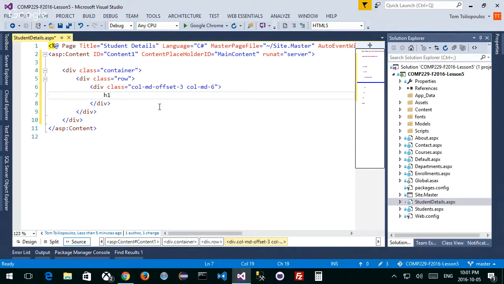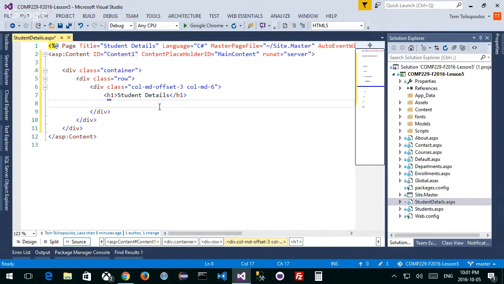Next, I want to start by talking about an H1 tag that says something like student details, right? Here's my student details. How we're starting to code, right? This is just the HTML piece first. Next, I also want to indicate to the user that all fields are required, right? So we don't have to do some kind of required field thing.